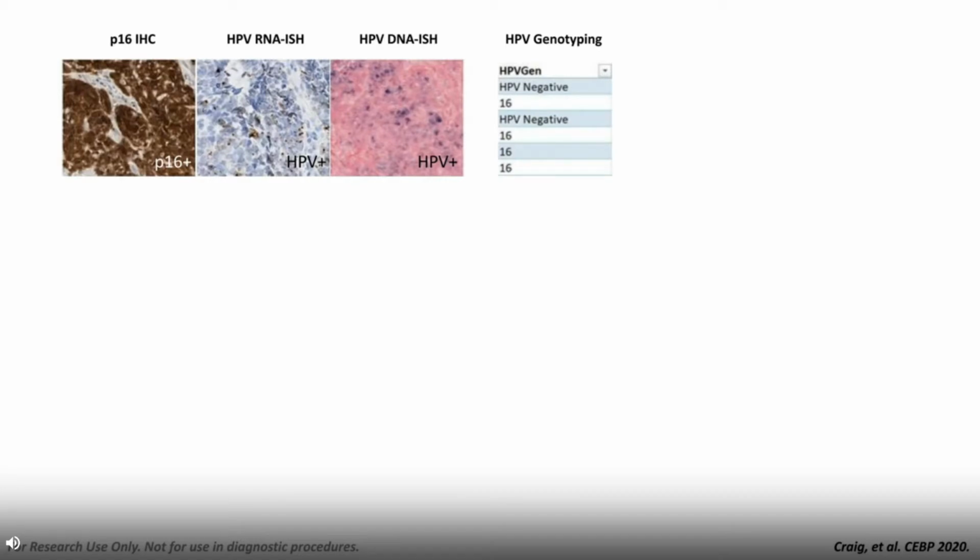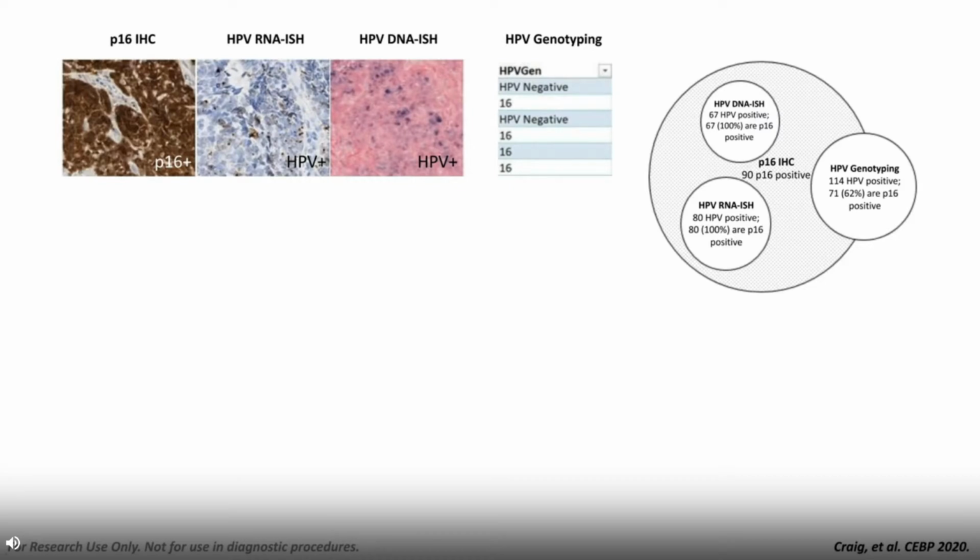And what we found is that for the surrogate biomarker P16, both tissue-based DNA-ISH and RNA-ISH tests were always positive when P16 immunohistochemistry was positive. However, the HPV genotyping, which was a DNA PCR-based test, was the only test that identified cases that were P16 negative, HPV positive. So we looked more closely at the tissue-based phenotypes we found, and as you can see here,